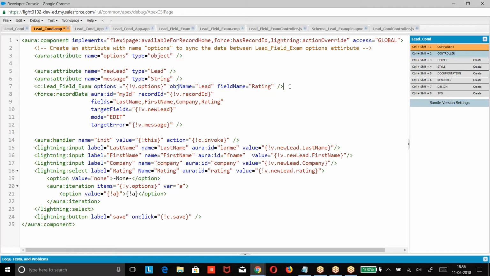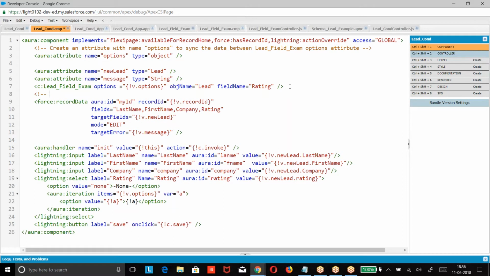Now next, because we are trying to override the button standard functionality, we need to use record data. In the record data, we already know this. We have done these formats already.